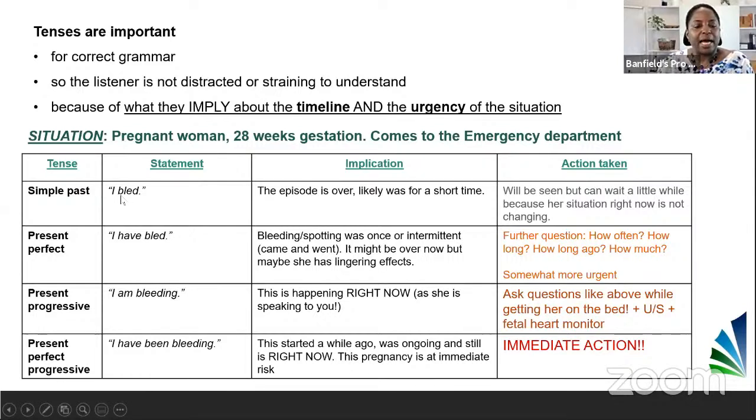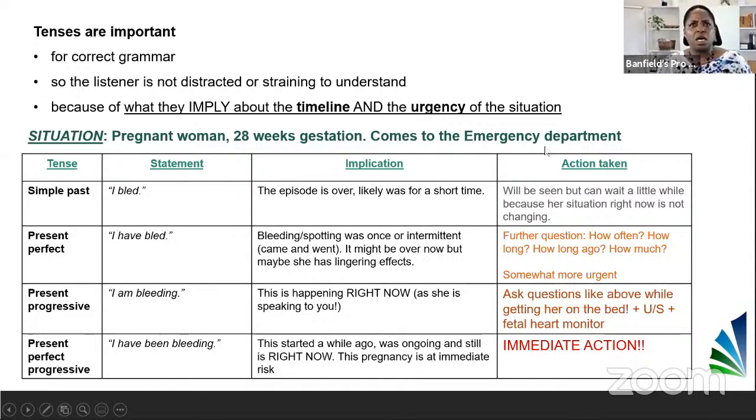She says, I bled. Well, your understanding of that is it happened once, likely for a very short time, and it's over. Okay. Now she's pregnant, she's 28 weeks, so she's kind of just on the borderline. You want that baby to stay in a little bit longer so, you know, the lungs can cook and the liver can mature and what not. So you have to talk to her in more detail, but maybe you are, if you're in the emergency department,